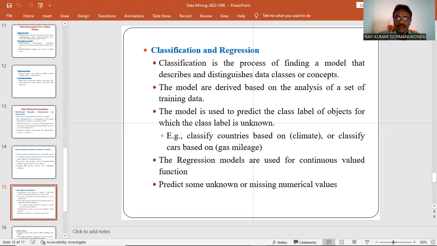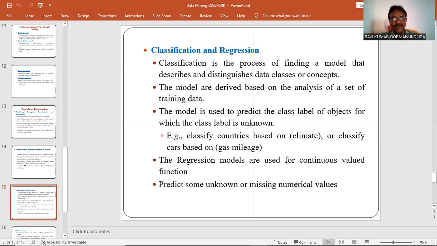That's why this is called supervised learning. Classification falls under the category of supervised learning, as opposed to unsupervised learning. In supervised learning, the training data consists of a class label also, and the class label is known in advance.